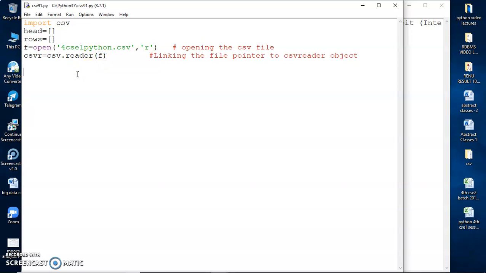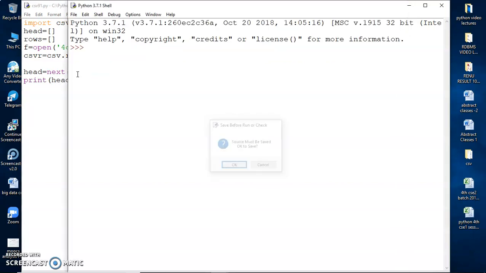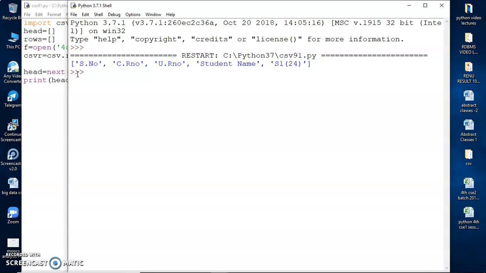Okay, so let me now just run through the concepts that we discussed in our PDF to fetch this row. So if I write like this, and if I print this, let's see the output. So I get the header row.